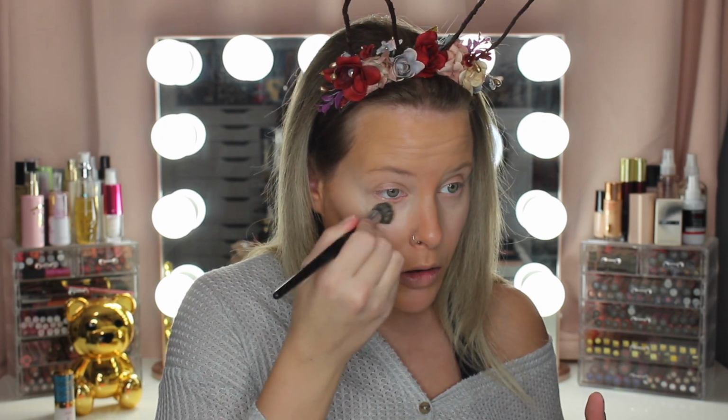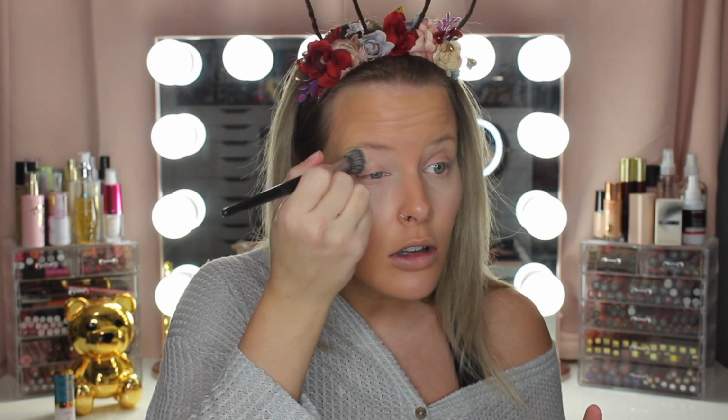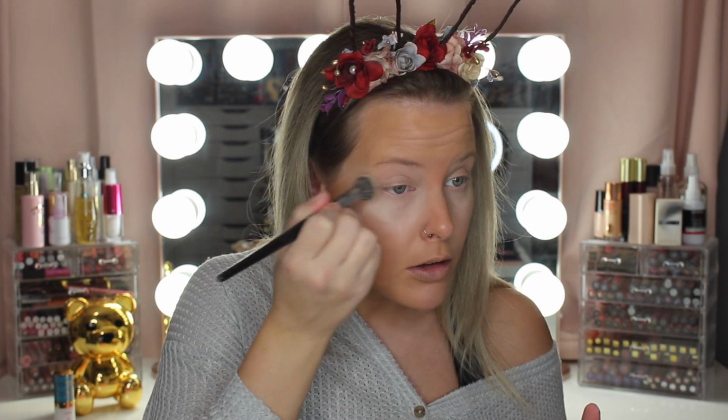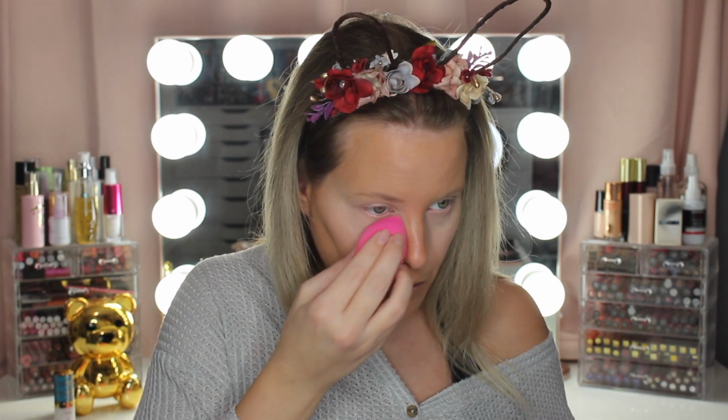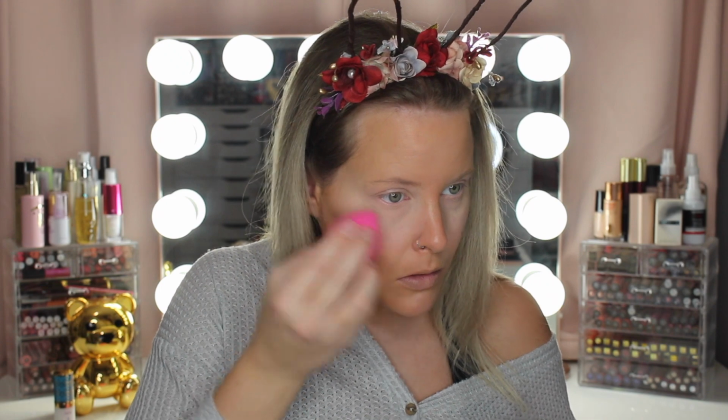So I'm going to try it with the sponge, even though I know I told you guys I don't like applying powder with sponges, but I just want to try it. So I'm just going to go in here with my brush, make sure I don't have any creases. Take the sponge. I mean, honestly, I can't even tell that it's pink. I can see that it's pink when I look at it, but